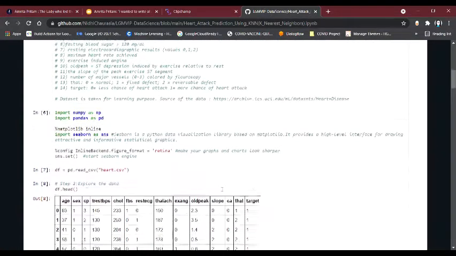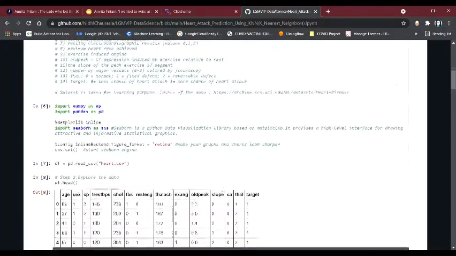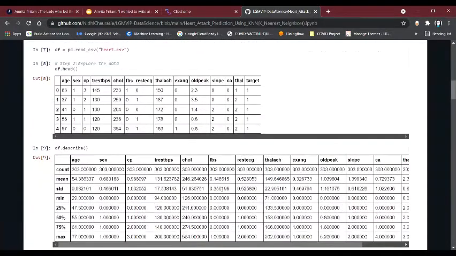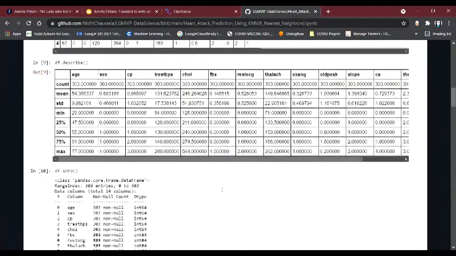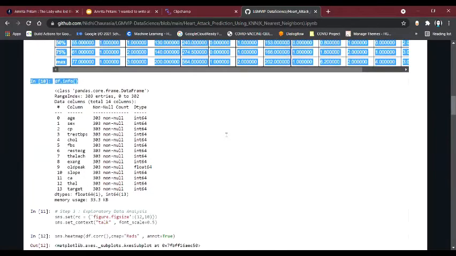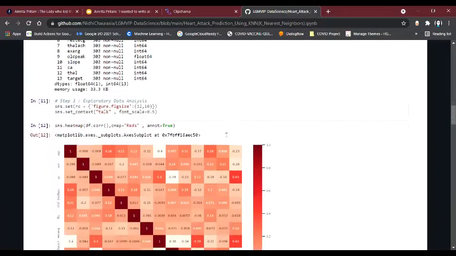So for that, to check the number of heart attacks, I have imported NumPy, Pandas, Seaborn, and then explored the data, printing with df.head, and described it, like the age, sex, cholesterol, and so on present in the data set, and then performed the EDA.